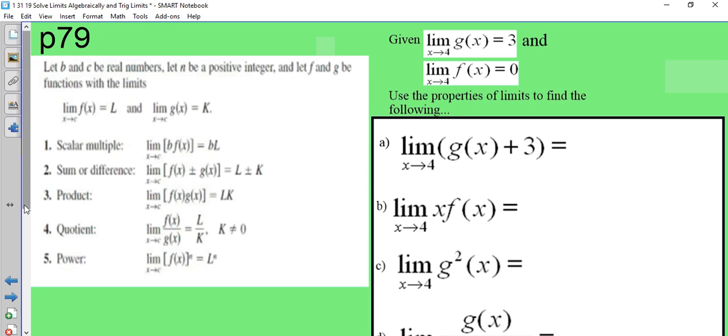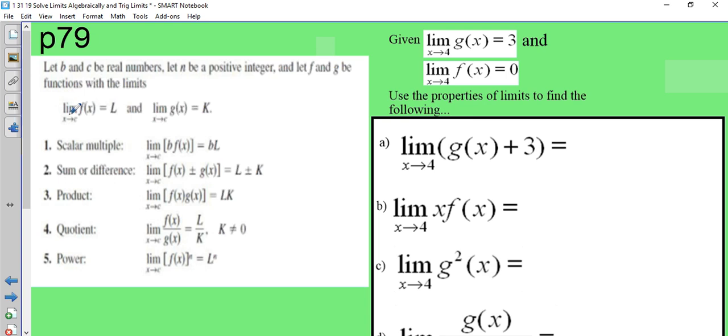All right. You can write this down if you want to do this. This is using the properties of limits. Just going to go through this real quick. With the properties of limits, if you have two limits right here and you want to figure these out, what you have is